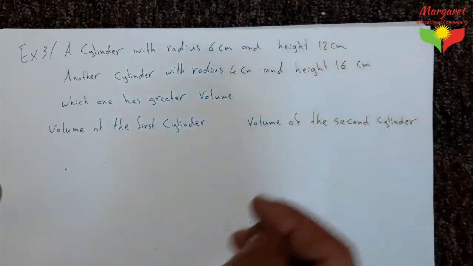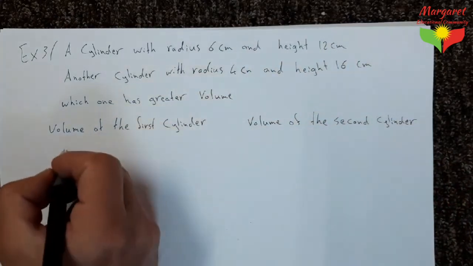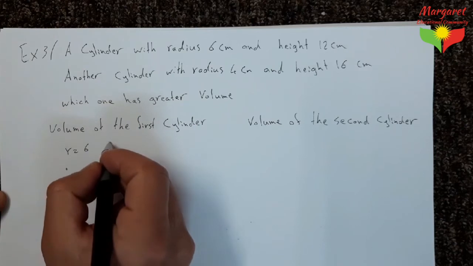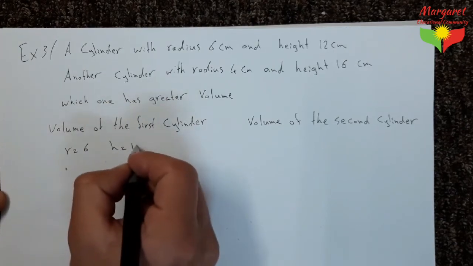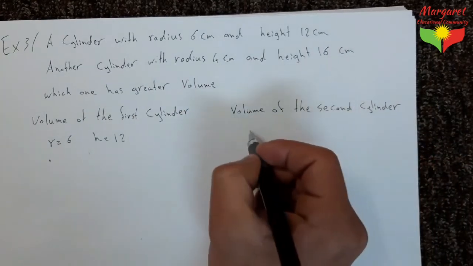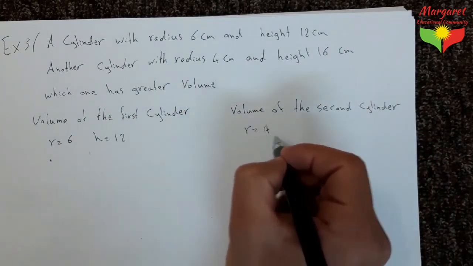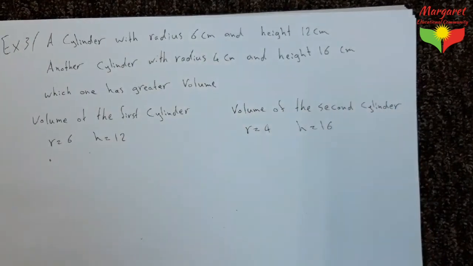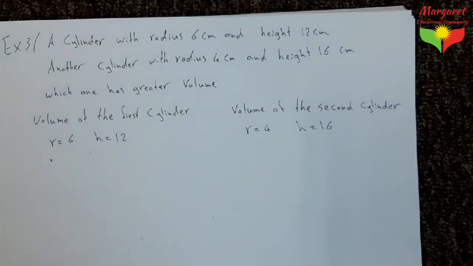In the first cylinder, R equal to 6 and H equal to 12. And in the second one, R equal to 4 and H equal to 16. And we say that volume equal to pi r square H. So